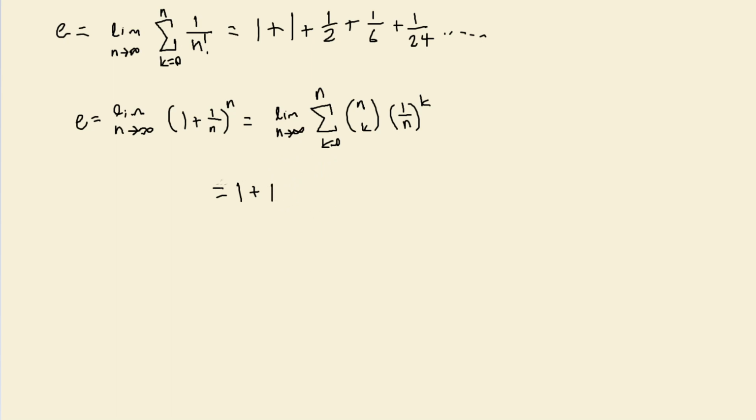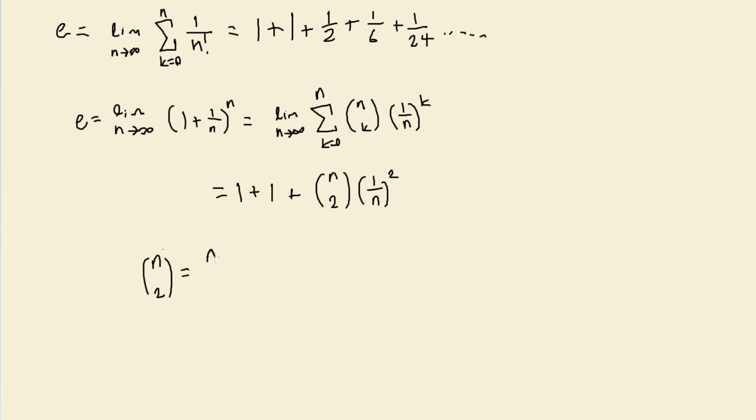And now you might be thinking that this is going to get a little bit complicated because we're taking the limit as n approaches infinity, and we have this n choose k variable here, and as we move past the point where k is equal to 1, now we need to do some mathematics on this n choose k variable, and when we have the limit as n approaches infinity, you might think that it's impossible to deal with, but watch what happens. So we're going to have n choose 2 here being multiplied by 1 over n to the power of 2. This is going to be our third term here. n choose 2